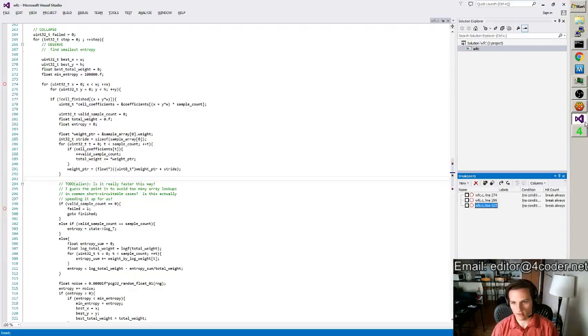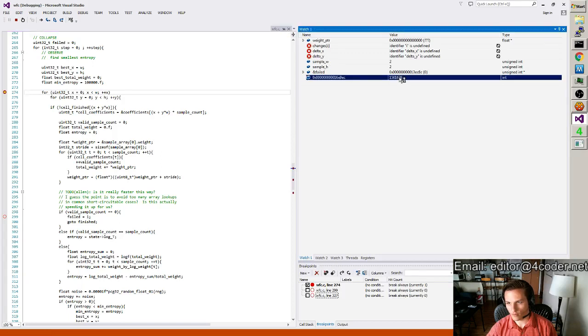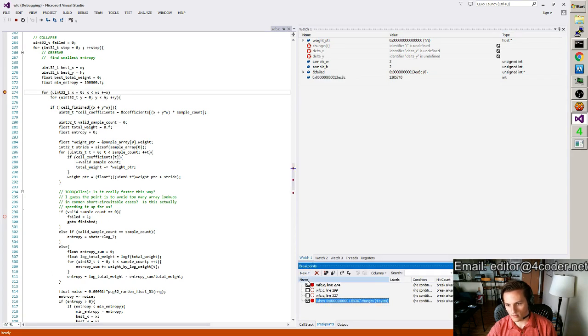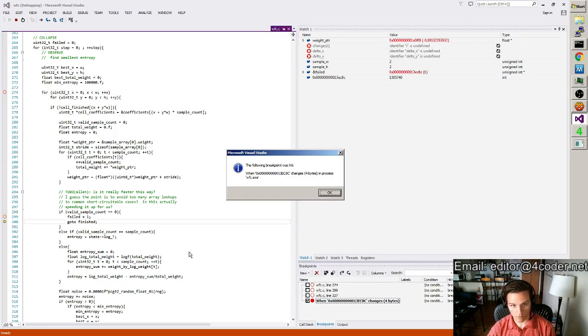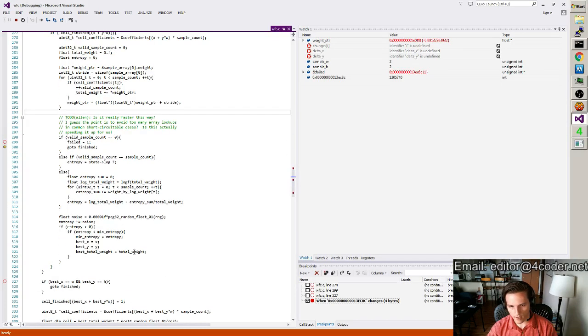But we didn't. So what happened? Well, let's take a look. At some point it failed, and our job now is to figure out what it did that for. What kind of failure did we hit this time? Okay, so we eventually still hit valid sample count equals 0. Seems like that shouldn't have been possible. It might have just made a bad call about